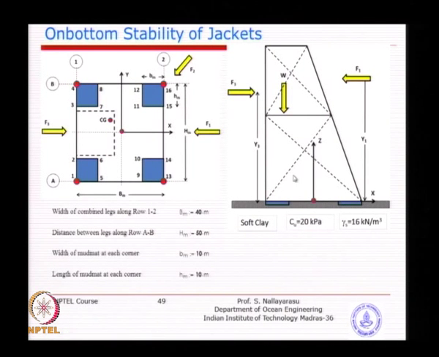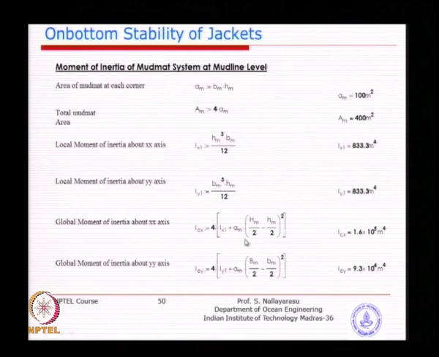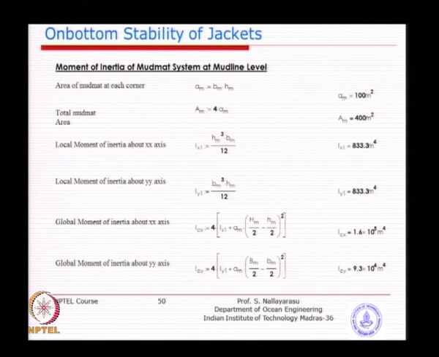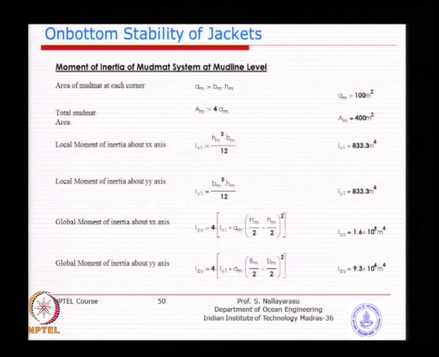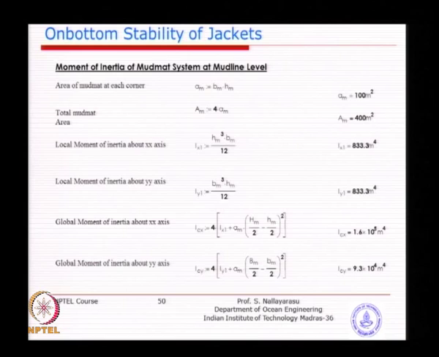That means the moment of inertia calculation that we got just now is not valid, because not the full mud mat area is participating in the combined effect of vertical and horizontal loads. So you will see that some area is reduced, then change this formula accordingly and recalculate the moment of inertia, and then recalculate the bearing pressure and check. This is a little bit of a complex procedure, because once you reduce, it will again be shifting. So you may require several iterations before you get an equilibrium.